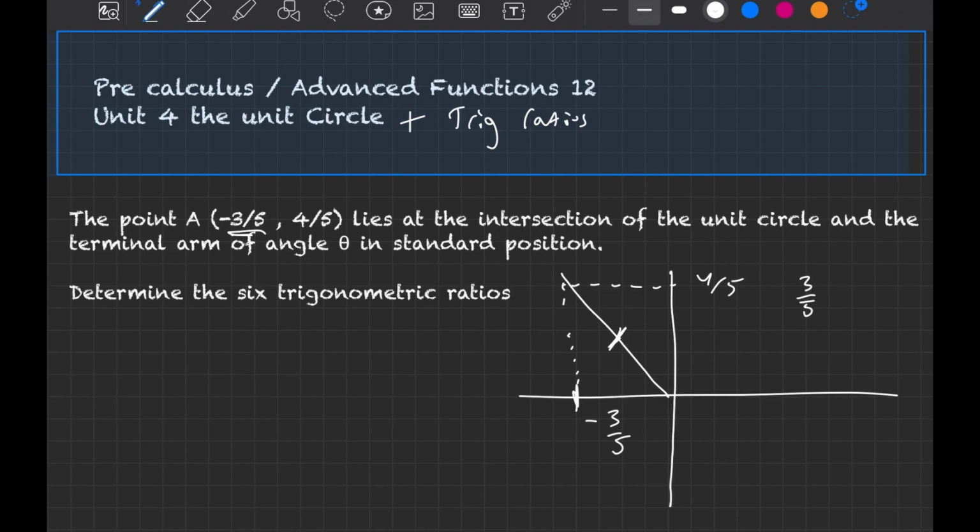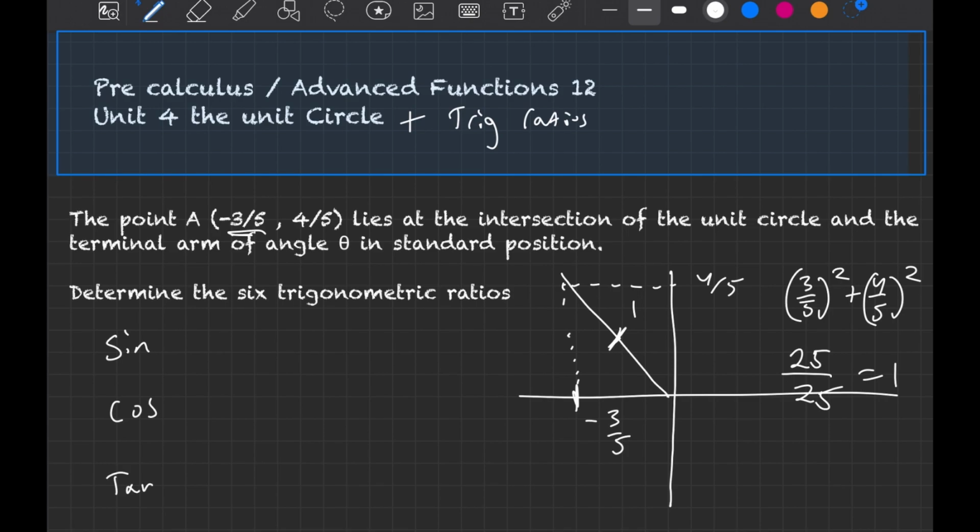3 over 5 squared plus 4 over 5 squared, and we'll figure out that that's equal to 25 over 25, meaning that this is 1, so therefore this is on the unit circle. Okay, so therefore we know the hypotenuse is positive 1. So now, if we need to write the sine, cosine, tangent,